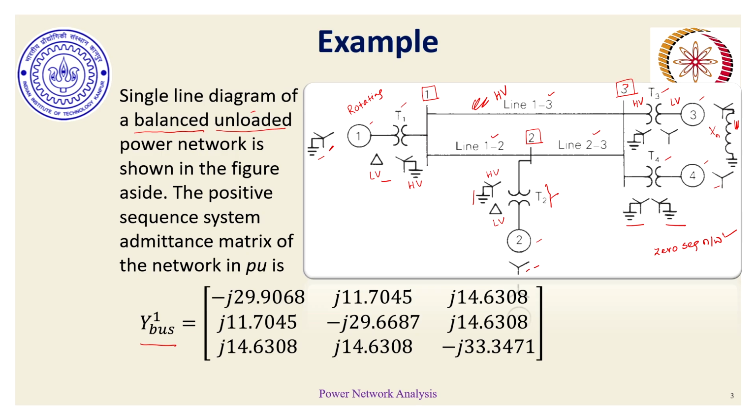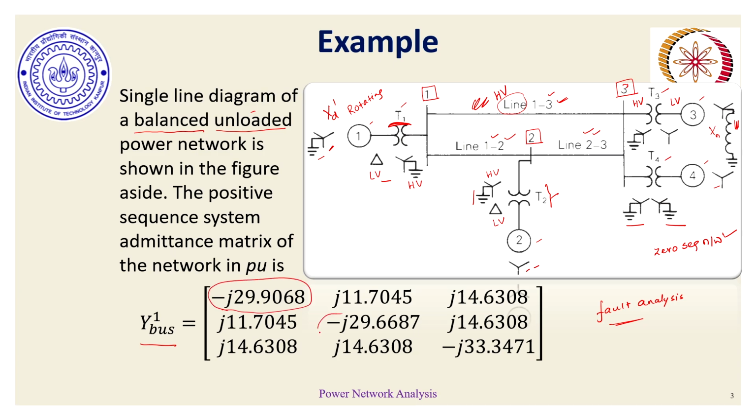And remember, when this positive sequence admittance matrix is evaluated specifically for fault analysis, one could think, does it mean that Y bus 1 corresponds only to the parameters of transmission lines, which is the usual case in power flow analysis? No. For steady state analysis, we focus only on the lines, but when we are considering fault analysis, the machine's internal reactance, which is the X'd values, as well as